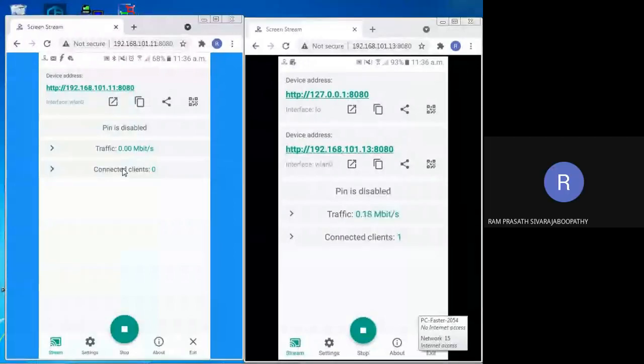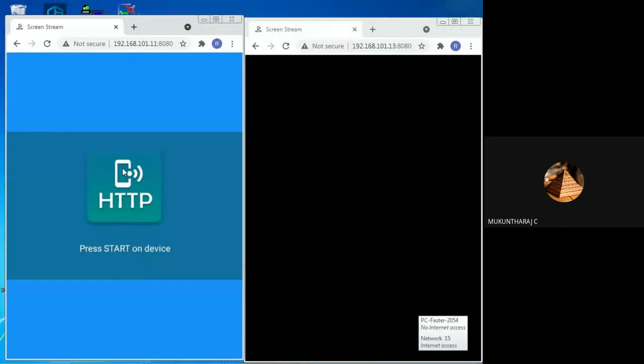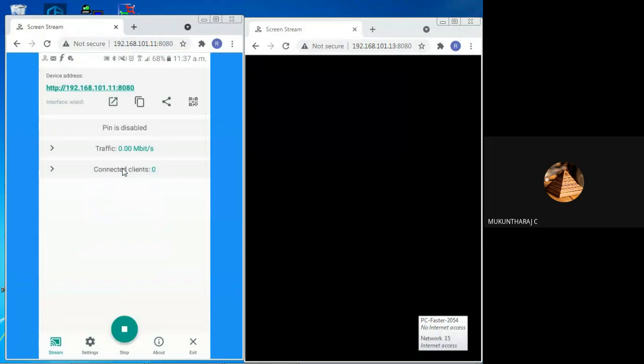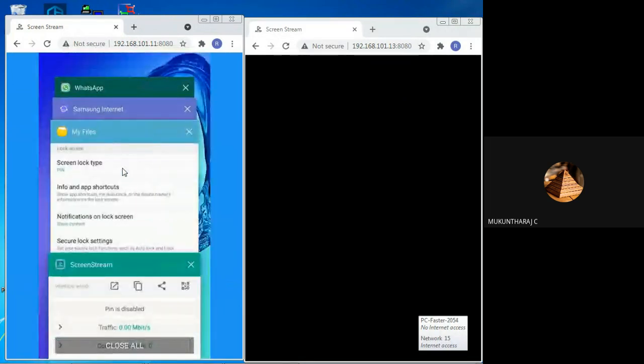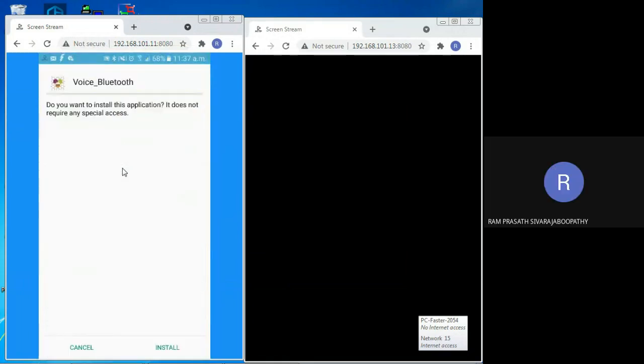My screen is not changing. Wait a moment. Yes, now it is getting installed.